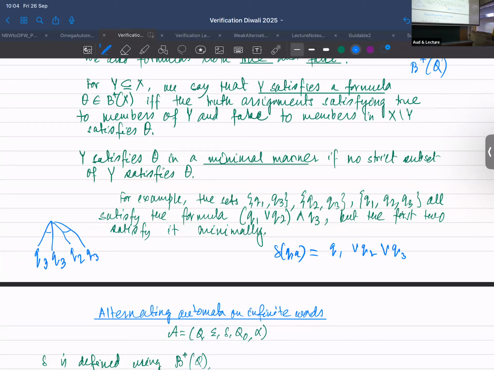Any question? Is this formulation more powerful than one where we would just have Q1, Q2, Q3, or like Q1 and Q2 and Q3? Like you partition it into existential and universal things. Or